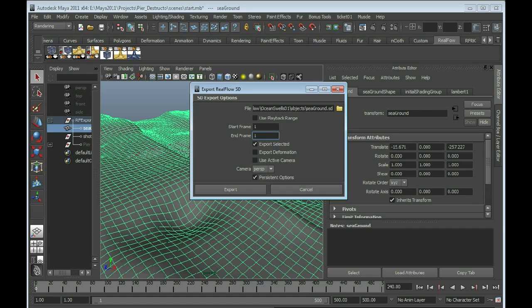It's faster, and sometimes there are strange issues when exporting as an OBJ, and then you realize when you're re-exporting the same thing as an SD, the issue is gone. So use SD. The RealFlow engine is just working better with an SD. So I export that,